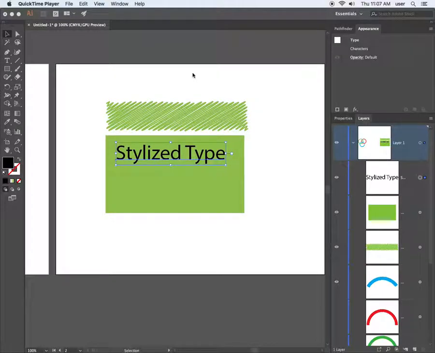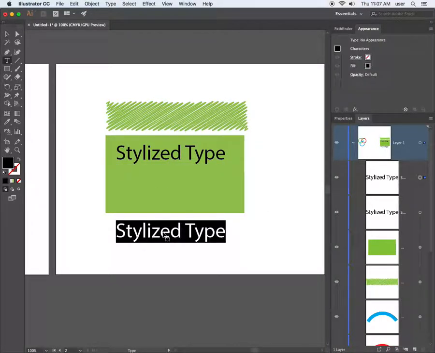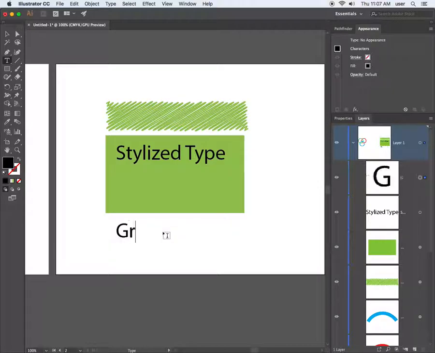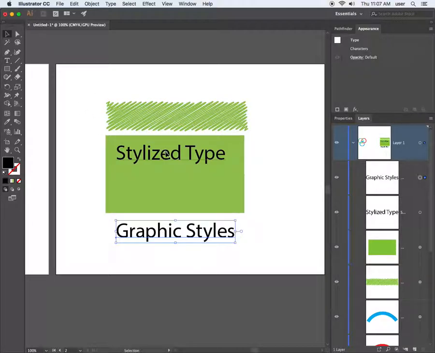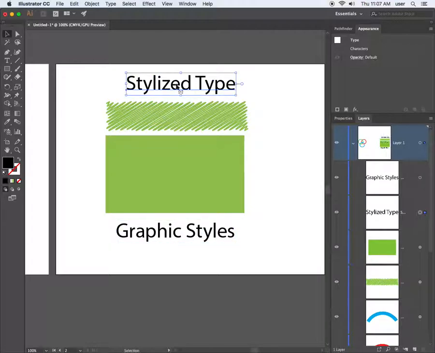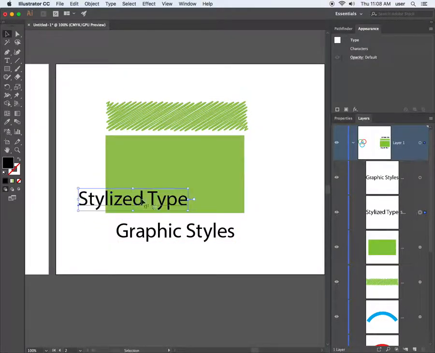So we're going to type in "stylized type." Let's duplicate that. And the second thing I want you to type in is "graphic styles." Now, graphic styles and stylized type are pretty much the same thing, but the difference is when you stylize your